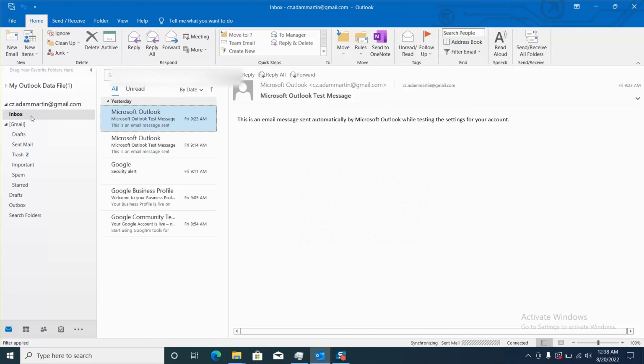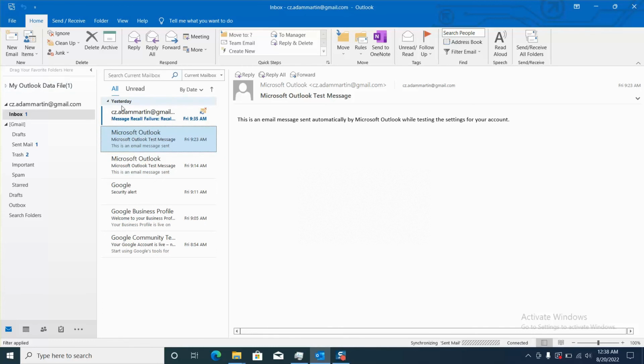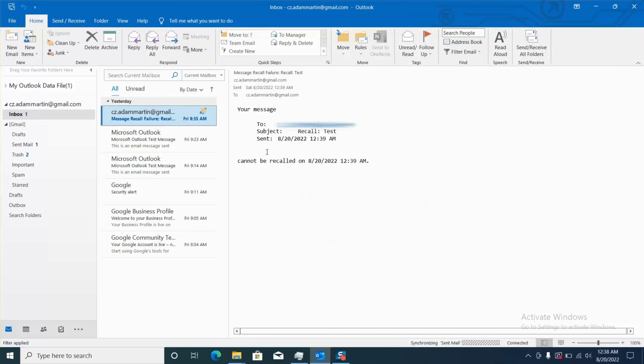Usually you will need to wait 1 minute to 15-20 minutes depending on the emails which you send, but usually you will receive an answer a few seconds later, and it should tell you if the recall was successful or it was a failure. So here, for example, it says that this email cannot be recalled, and this is probably because the recipient has already opened the email. However, if the recipient still didn't open the email, the recall should be successful.